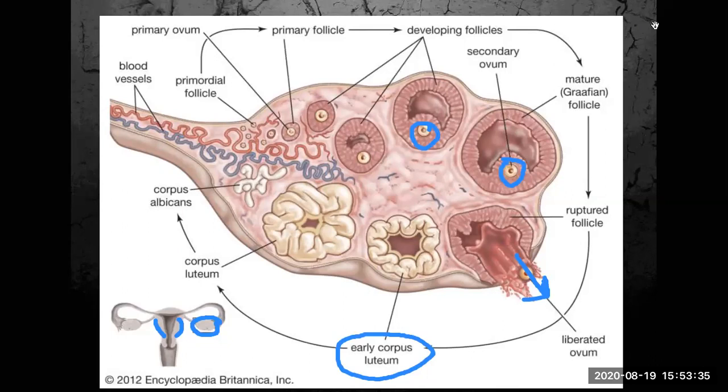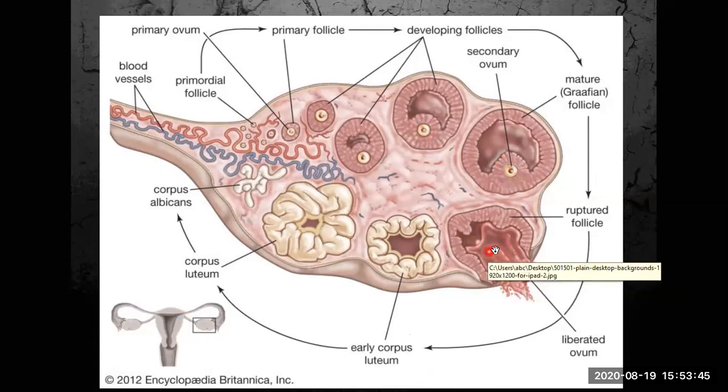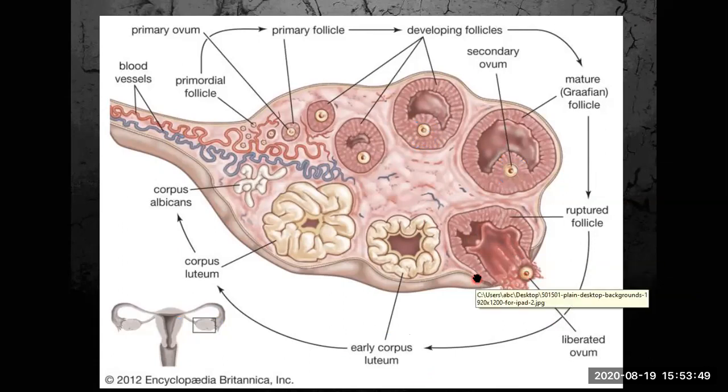So in this way, if we want to define them, estrogen is the hormone that is basically responsible for this process. It causes the LH surge and release of the ovum, or causes the ovulation process. Progesterone in common terms is known as the pregnancy hormone, because it is responsible for maintaining the pregnancy in human females, that is, the 9 month gestation period is maintained only under the guidance of this hormone.